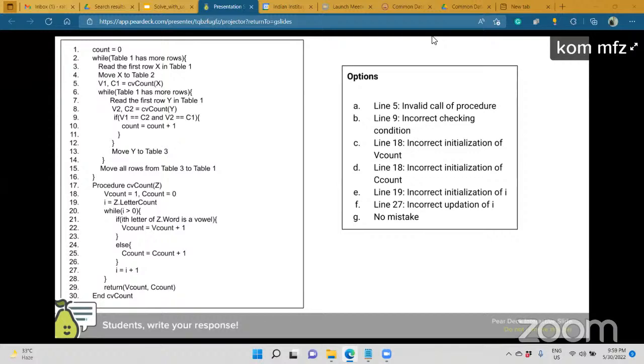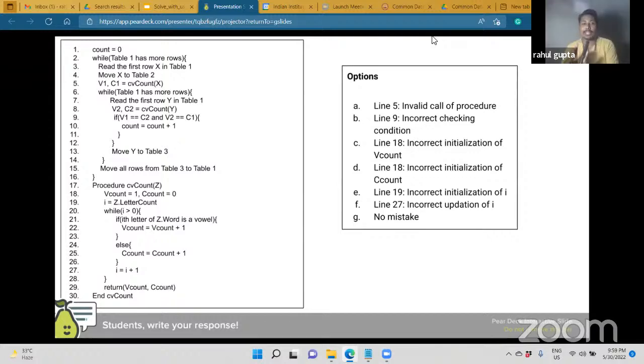Yes, Poonam. So you actually need to go letter by letter in a word, right? And you are going to count vowels and consonants. So you can check the first letter, then the second letter, then the third letter, right? Can't you do it from the back? Third letter, second letter, then first letter? Why not? The answer will be the same.